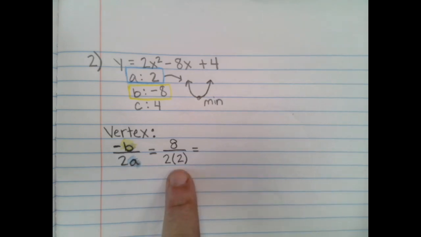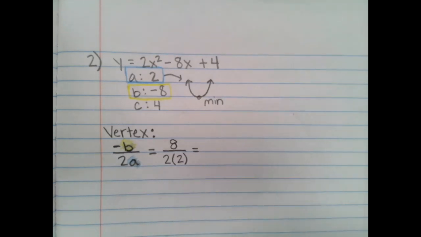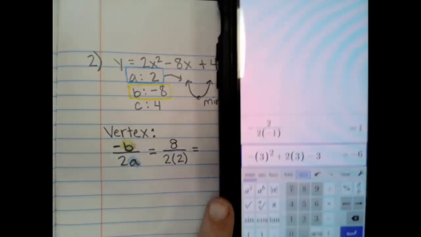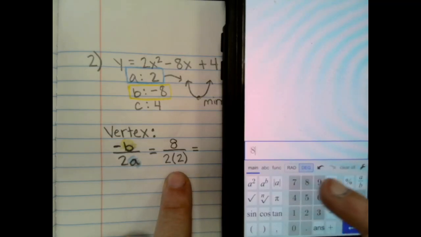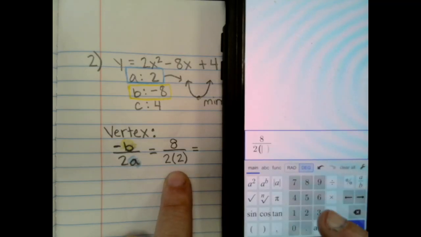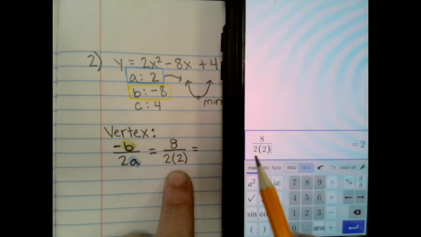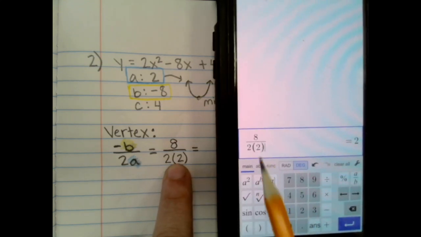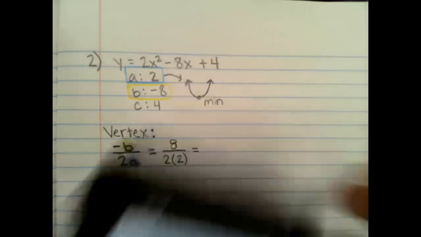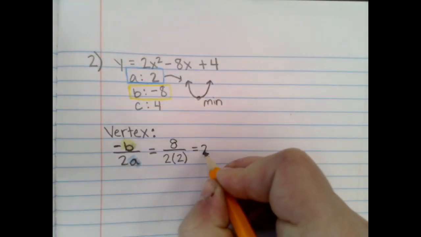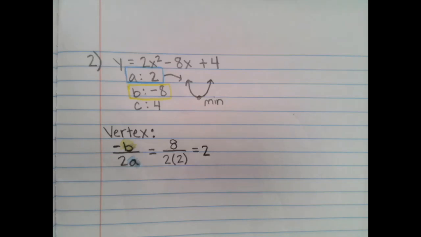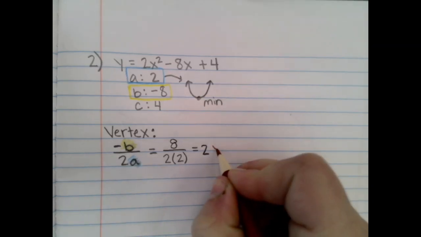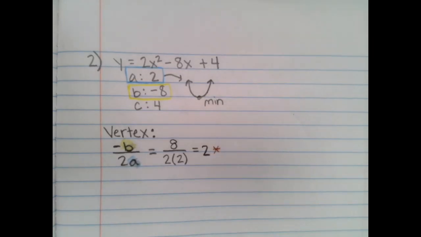Okay, so 8 over 2 times 2, you can kind of maybe think through that mentally. 8 divided by 2, and then that times 2 is on the bottom with that 2. 2 times 2 is 4, so 8 divided by 4 is 2. Okay, if you want to use that color, you can just kind of star it and tell us that that's important. Because now when we go to our table,